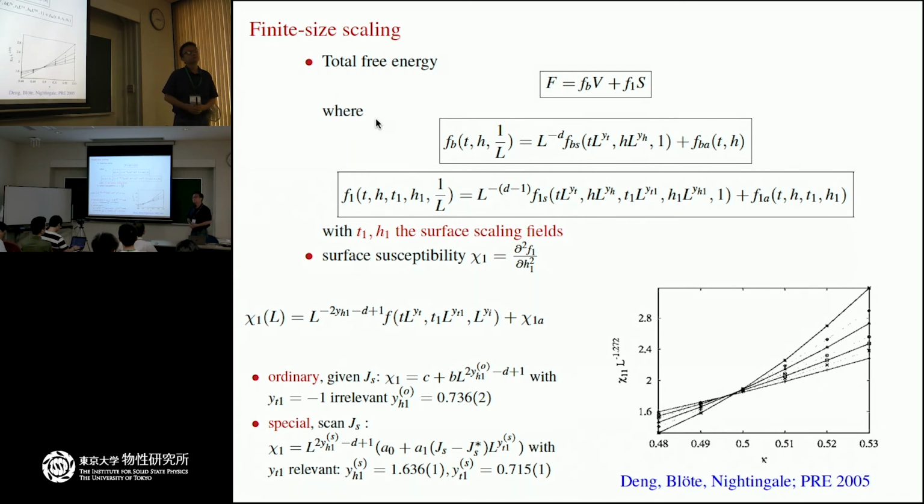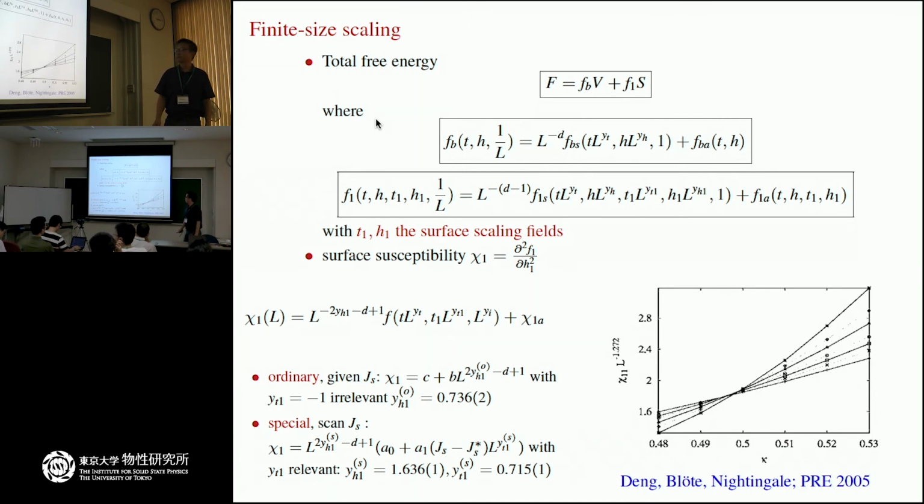So in this case, they have somehow subtracted out the constant there? In this special case, there's no constant. Oh, okay. Yeah, this constant is only for the ordinary. Okay, this is the classical picture of surface criticality.